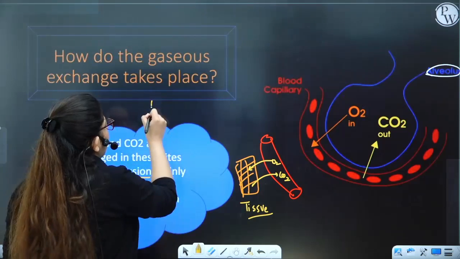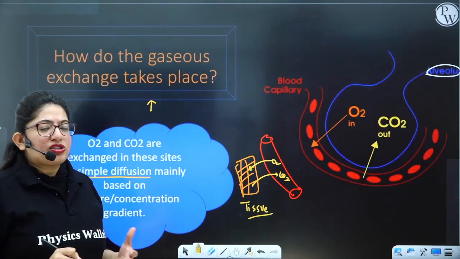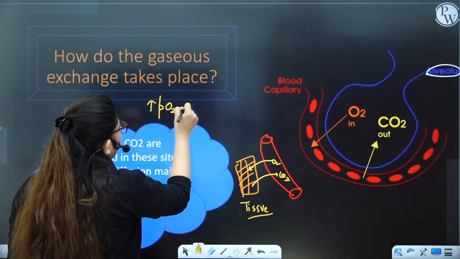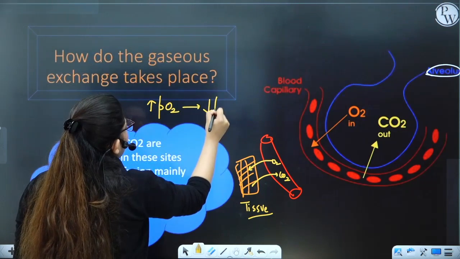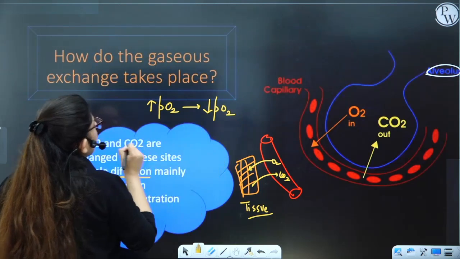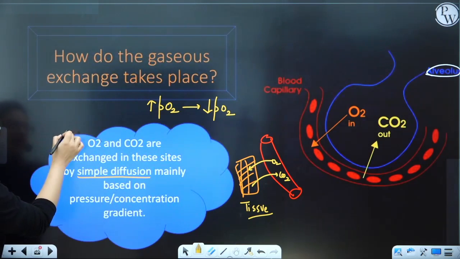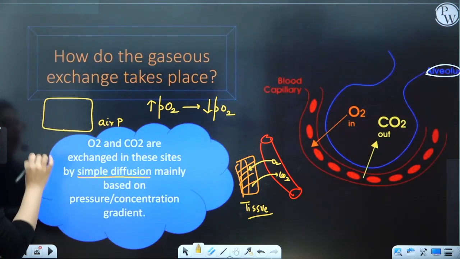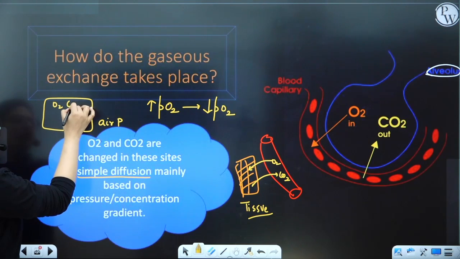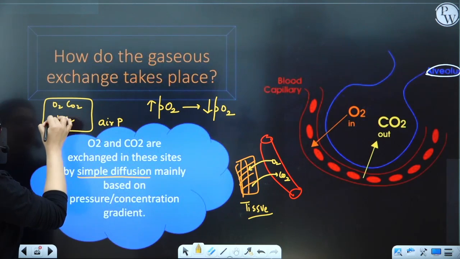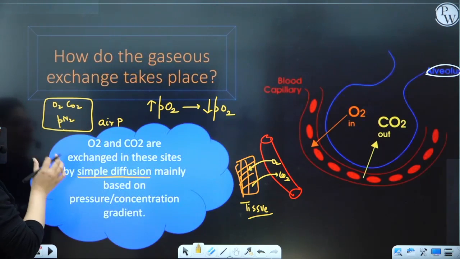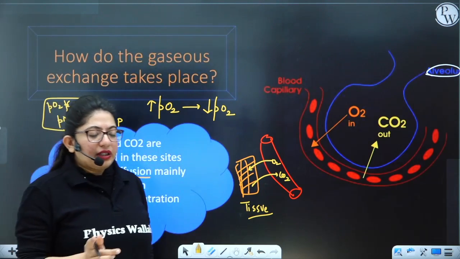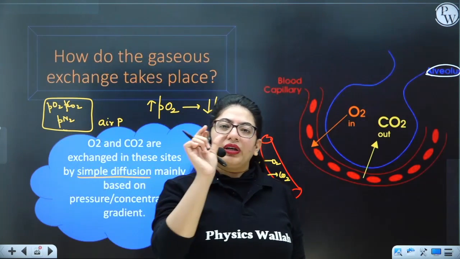Now, what is this partial pressure? Whenever we are writing pressure, we use a capital P. Whenever you are writing the partial pressure, you write a small p. And we say gases move from high partial pressure to low partial pressure. What is P? Capital P is the pressure of the air. If this is the air, its pressure will be P. If I say this air is made up of oxygen, CO2, nitrogen, the partial pressure is the pressure of this individual gas. Alright. So when I'm talking about the partial pressure, it belongs to only an individual gas.